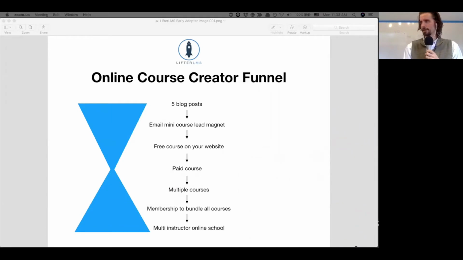I'll be able to tell in just a second myself, but this is the online course creators funnel that I showed last week. So I'm going to give you an example and I'm going to walk through it. The online course creator funnel isn't really a complete funnel, because this is actually just the content funnel. It's not necessarily the marketing strategies that go into these different points. So I would correct myself and call this a course creator content funnel